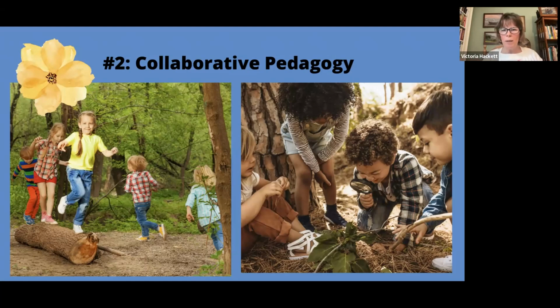And in that 20 minutes, it's pretty much time to go back inside. So they're not even getting the time that research is telling us it takes to get to the play. And play is collaborative. So allowing children the time where they can get to collaborative play is important. And that could be part of your pedagogy.